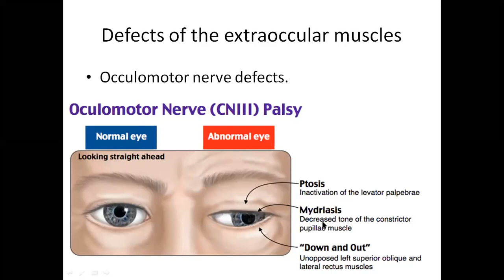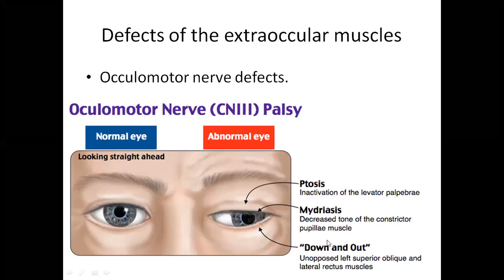Okay. These parasympathetic fibers come from the Edinger-Westphal nucleus, in the oculomotor nerve. When the parasympathetic supply does not work, the circular muscles do not work. So what happens? The radial muscles, which are supplied by the sympathetic output, will increase the diameter of the pupil. This is called mydriasis, due to decreased tone of the constrictor pupillae muscle. Because the parasympathetic is not there, the sympathetic will dominate and cause the increased size of the pupil.